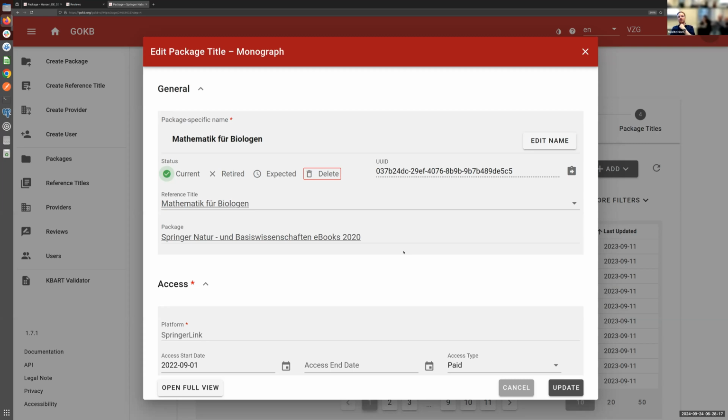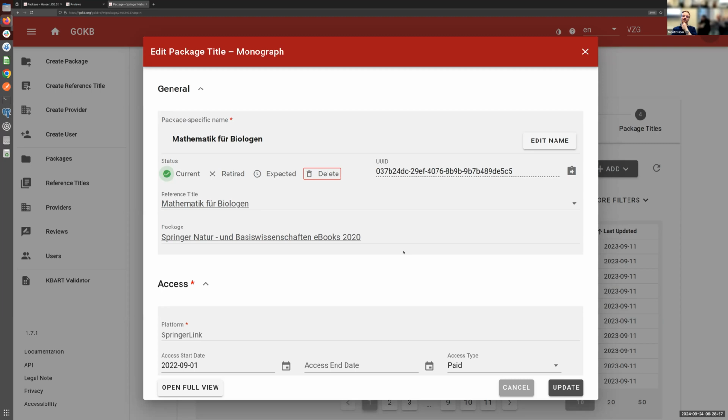In addition, we're extracting the global title information, mainly ISSNs or ISBNs, as well as the title and maybe some publishing dates, and we are referencing them again, firstly against other package title information, but also externally, against, for journals,